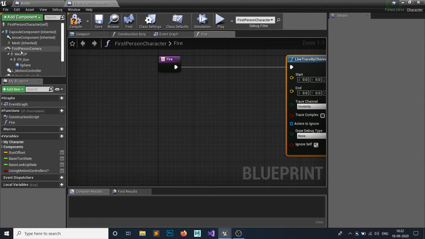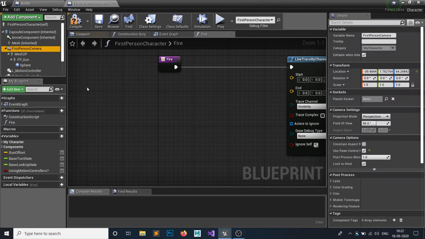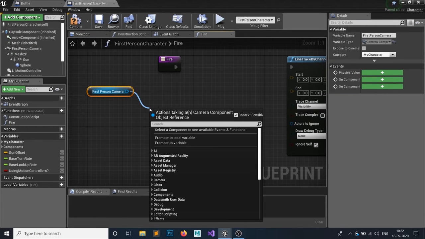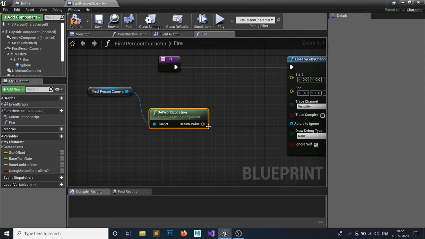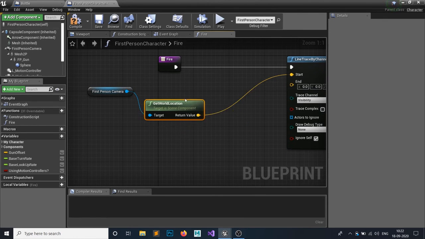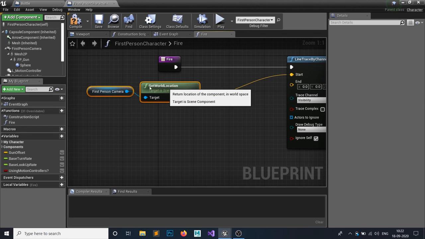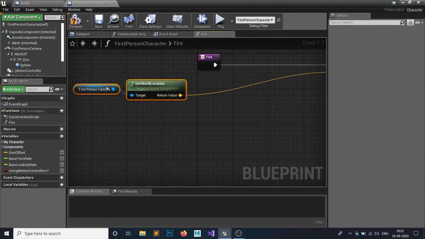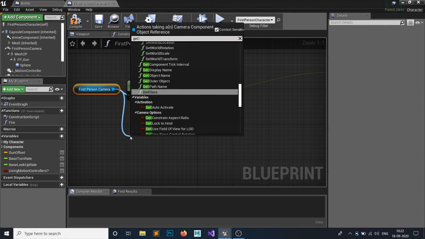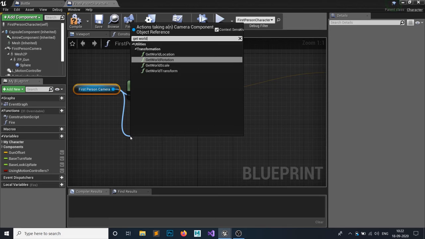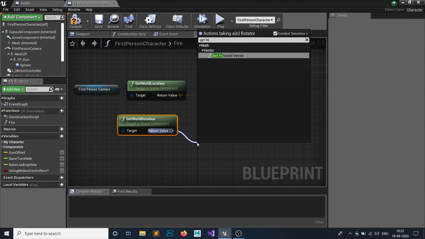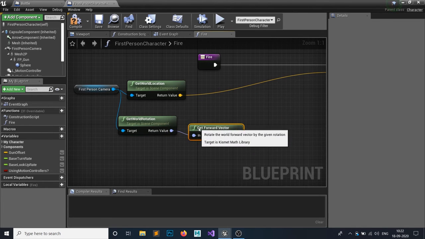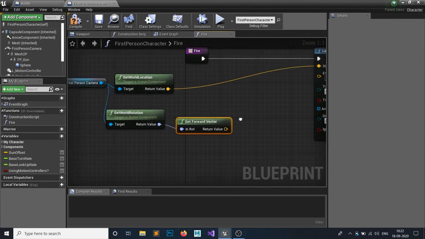I want to grab my first person camera and get its world location, and the world location goes to your Start. I also want to get the world rotation, and from the world rotation I want to get the forward vector, because the rotation's forward vector is very important.